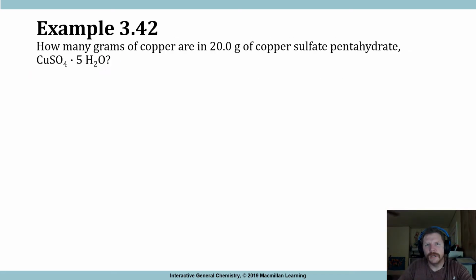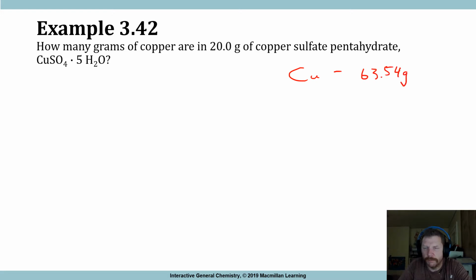How many grams of copper are in 20.0 grams of copper sulfate pentahydrate, CuSO4·5H2O? Okay, so if you've got 20 grams, is it 5 grams that are copper? Is it 10 grams that are copper? Is it 0.2 grams of copper? We've got to find that out. And we find that out by first calculating the mass of our compound, Cu, which has a mass of